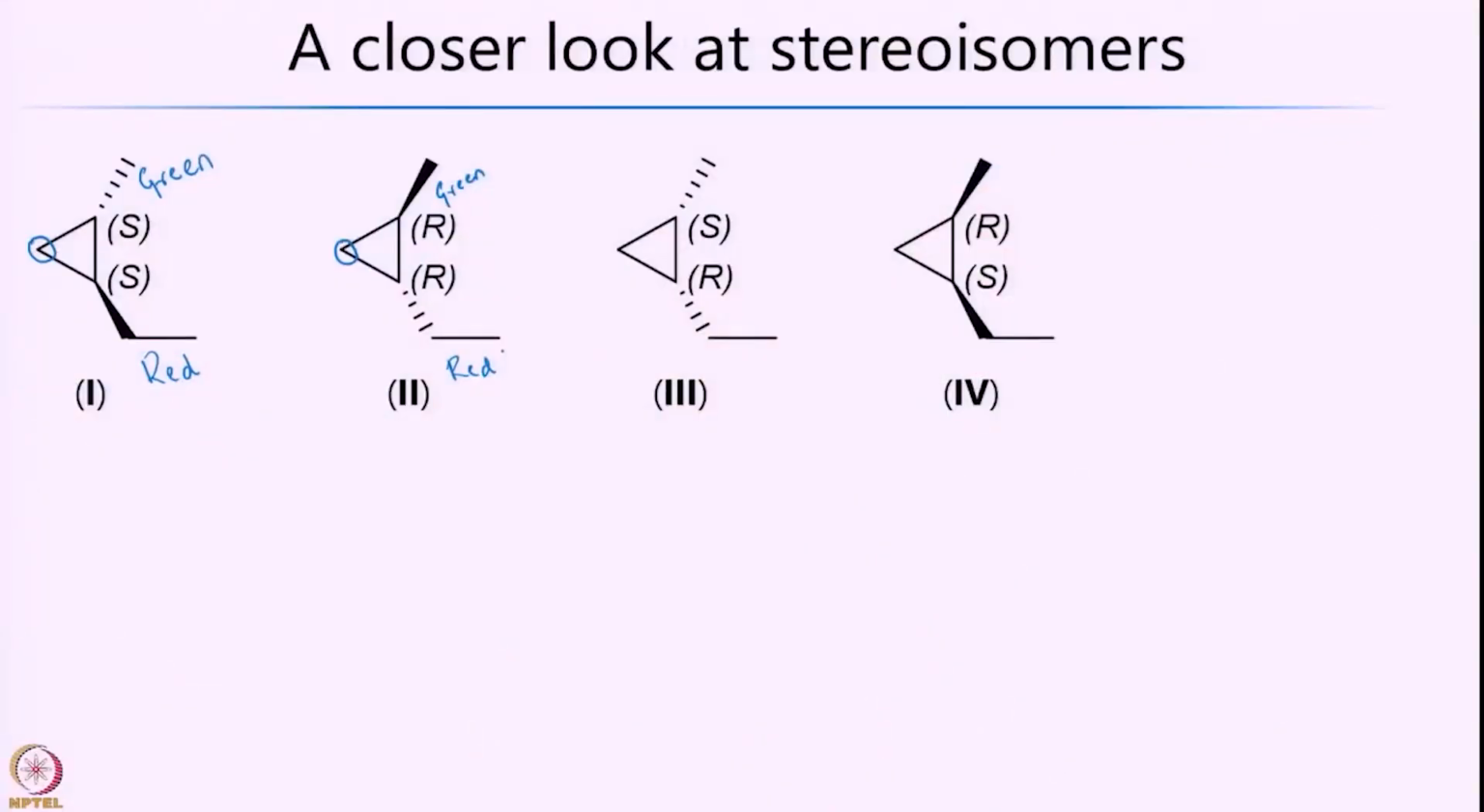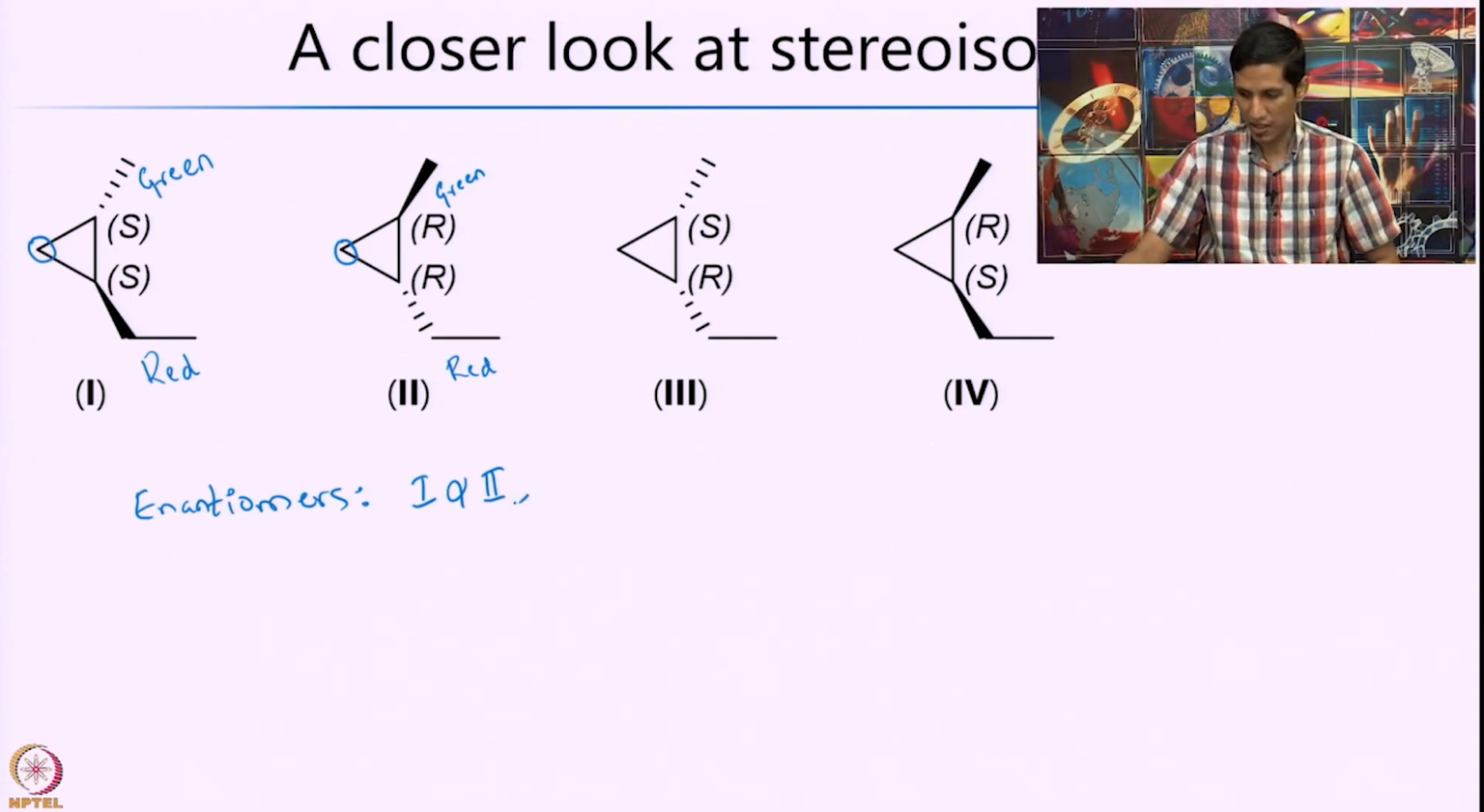So what that means is that the structures 1 and 2 are enantiomers. So I again reiterate, structures 1 and 2 are enantiomers. So let me just write here. Enantiomers 1 and 2. So this is one pair,